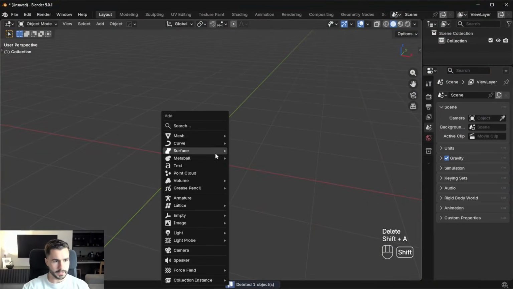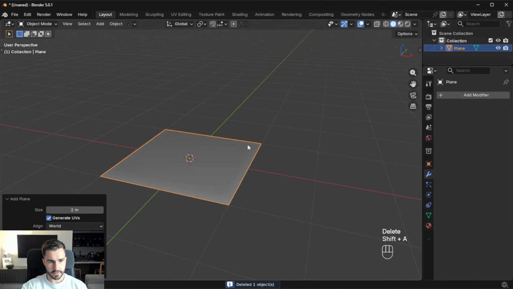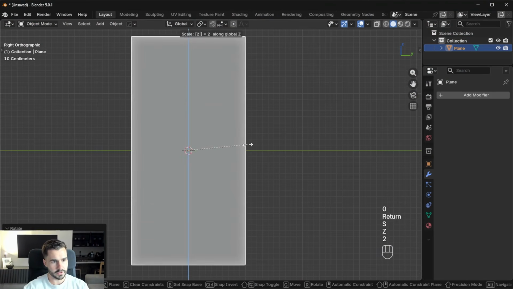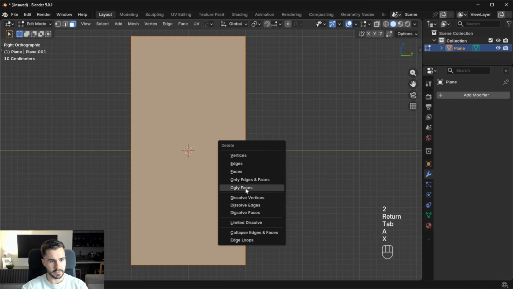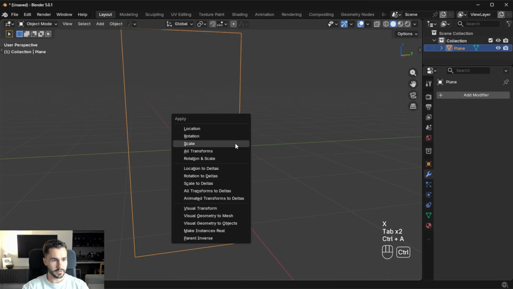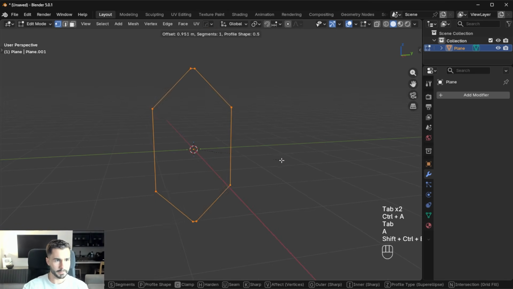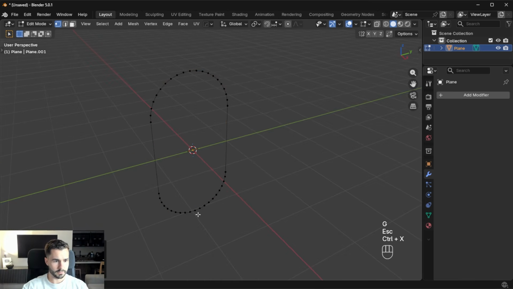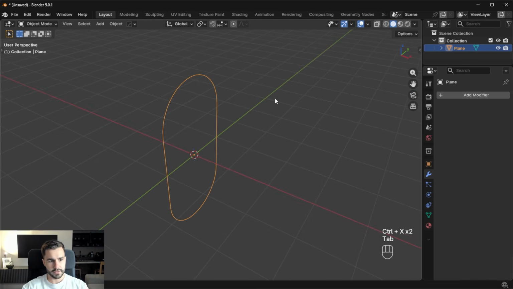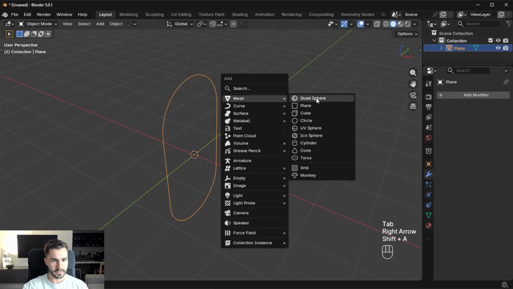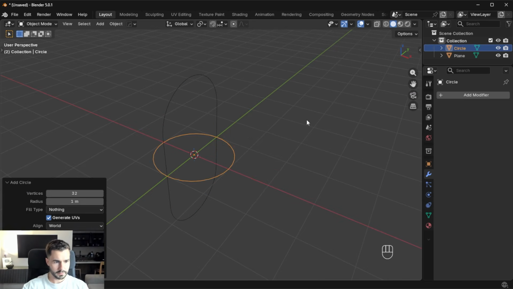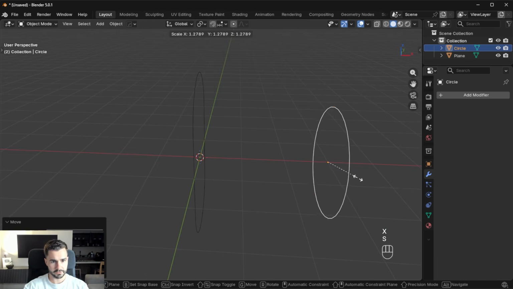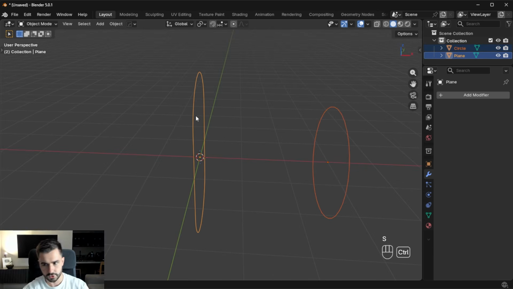Now what I see a lot of people do, and this is the incorrect way to do it, I'm going to just use a basic example here. Let's go ahead and rotate this, scale this by 2, and then delete the only faces. Then I'll just go ahead and apply the scale and bevel these vertices here, okay? Now we need to dissolve out that overlap. We'll do that real quick. And then what I want to do here is add in a circle, and we're just going to rotate this, move this over, kind of like that, scale it up,